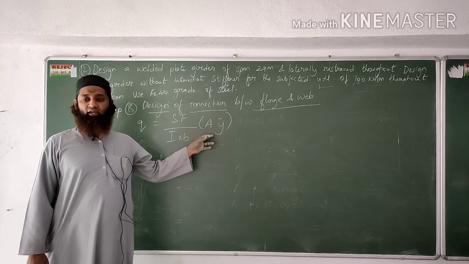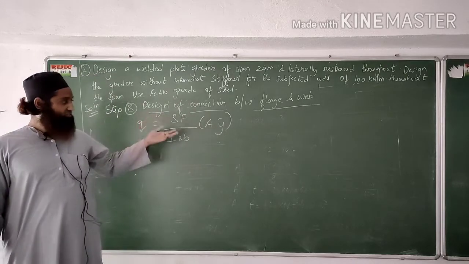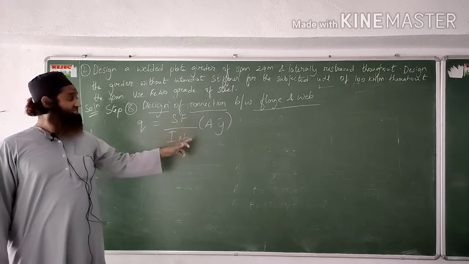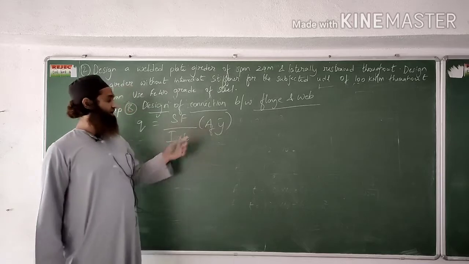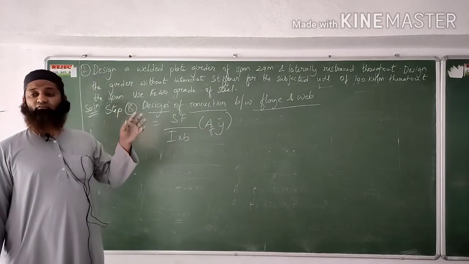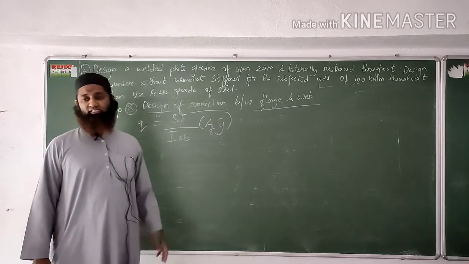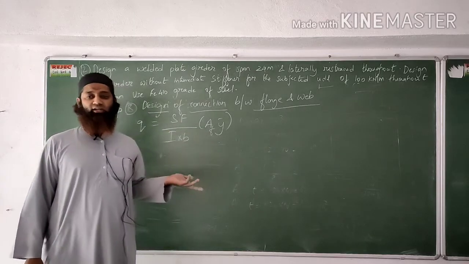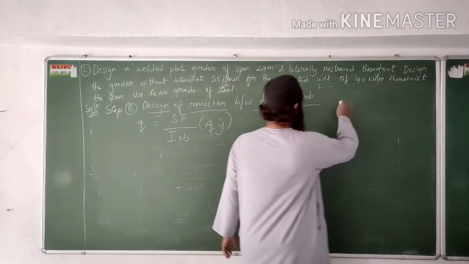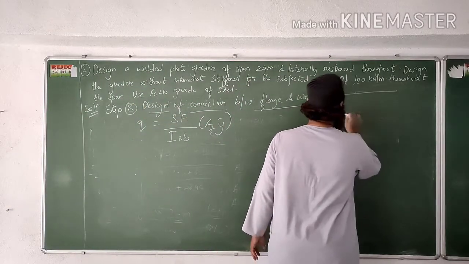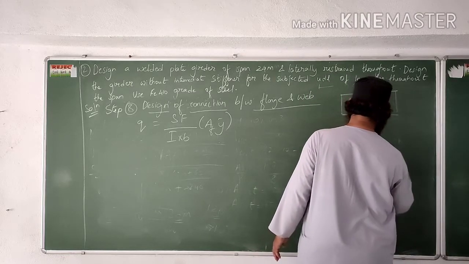Please remember here, don't get confused. This is the area of flange. Till here, before this step, we were taking the area of web, but in this step, remember, it is the area of flange. To make it more specific, I'll write it like this. That is the flange area we had calculated, and y is the distance from the centroid to the nearest. Let us calculate that. First we will calculate what is I. As you know, this is the I section we had got. We will be calculating the moment of inertia here.